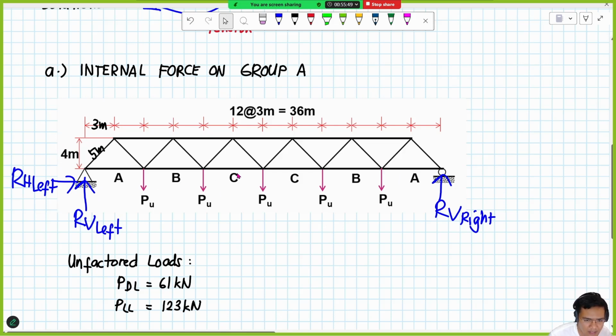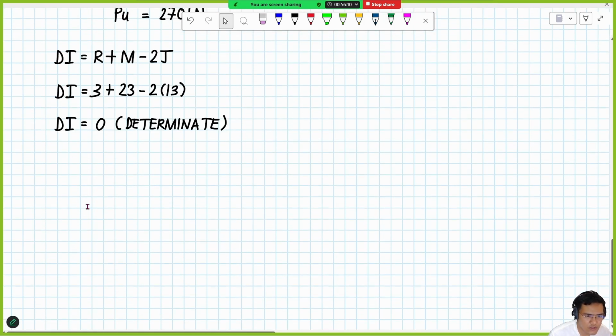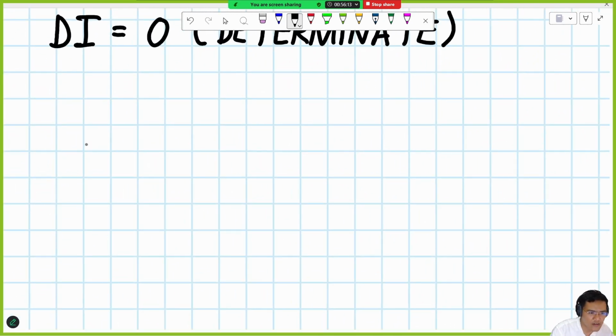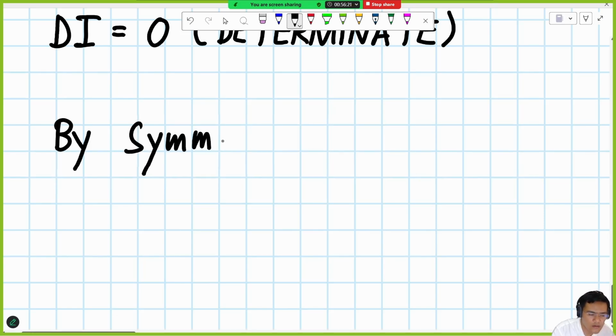Since in our applied truss system there is no horizontal load, automatically this horizontal reaction on the left would be equal to 0. Okay? And then since the applied loads are symmetrical, obviously the reactions would be equal. Would be equal. Okay? Sige. So since our load is symmetrical, we could say that by symmetry, okay? By symmetry, our reactions would be